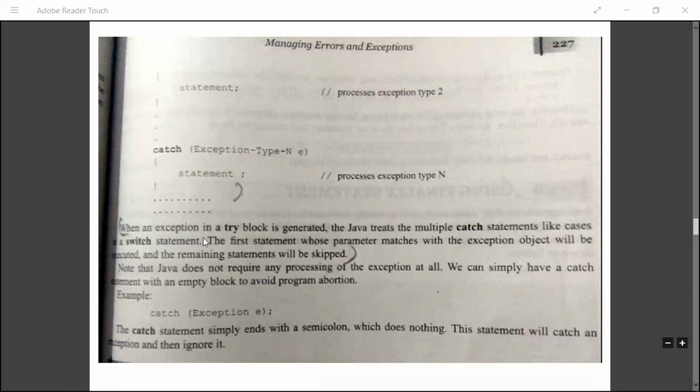When an exception is generated in the try block, Java treats the multiple catch statements like cases in a switch statement. So these catch statements are much similar to the cases in the switch statement. How does a switch statement work? When you are trying to check for a condition, it is checked with each and every case, and where the match occurs,